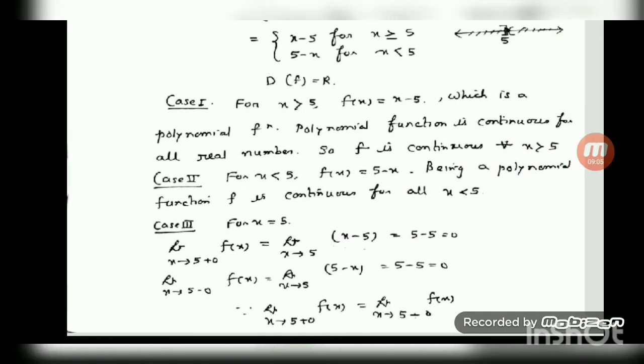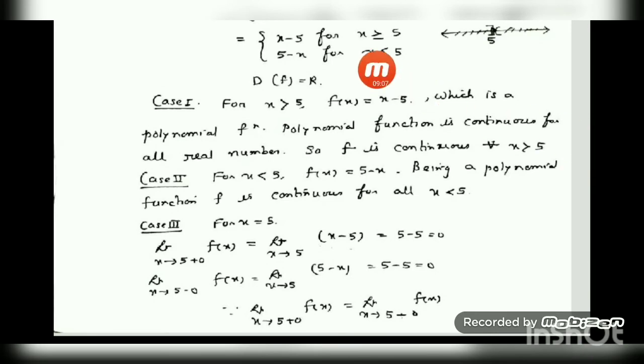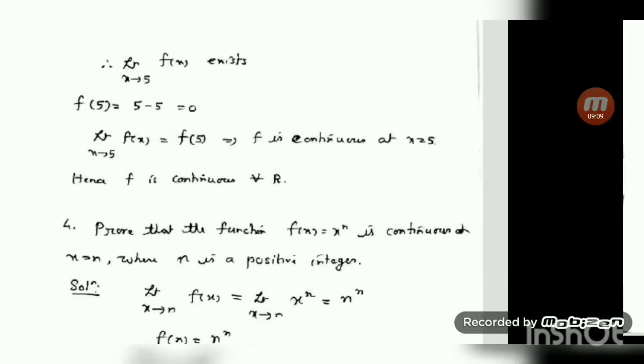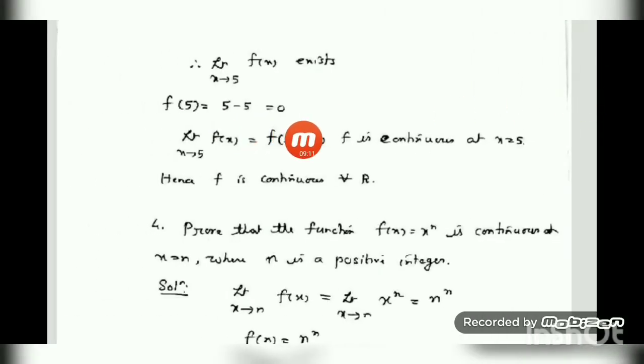So we have to go for f(5) now. For f(5), x equal to 5, what is the way the function is defined? Equal to x minus 5. So here you substitute 5 minus 5 equal to 0. So we have seen limit x tends to 5 value and f(5) value are equal. Therefore f is continuous at the point x equal to 5. And hence our result is what? For greater than 5 it is continuous, for less than 5 it is continuous, and for equal to 5 also continuous. Hence f is a continuous function. Hope you understand the procedure.